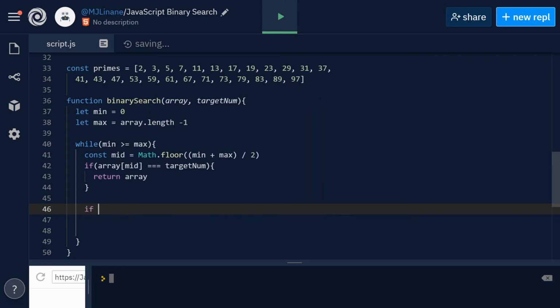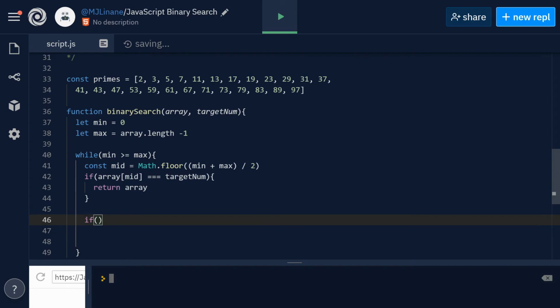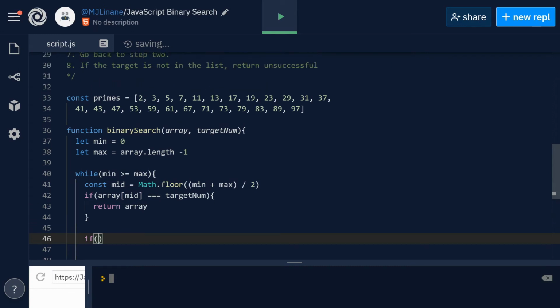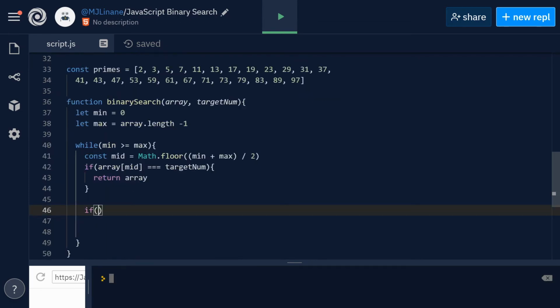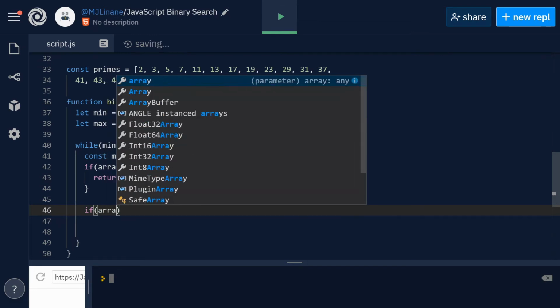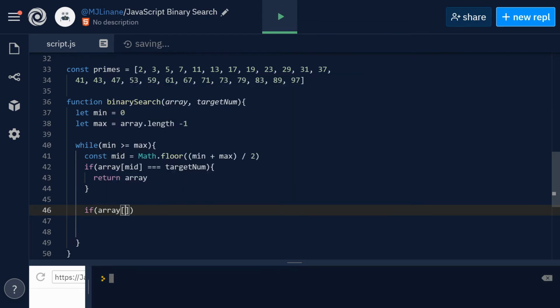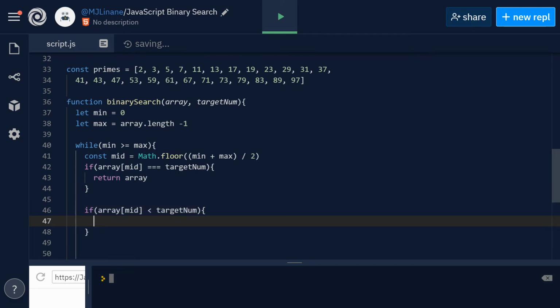We could structure this as if else statements, but I'm going to do sequential if statements just so you can see this whole algorithm written out. So if the midpoint was too low, set the min to midpoint plus 1. If array[mid] is less than target num,